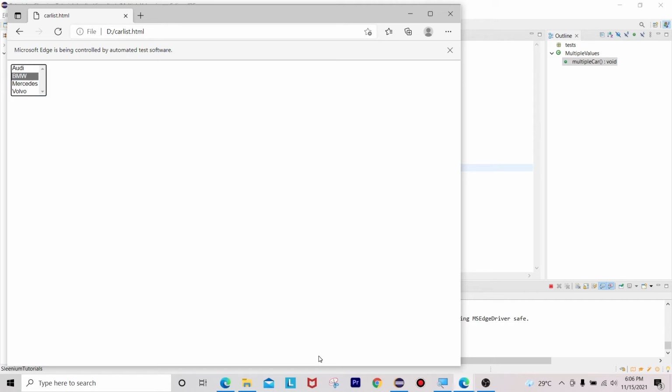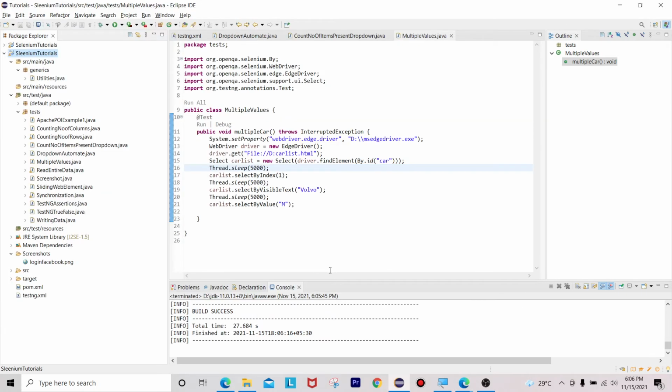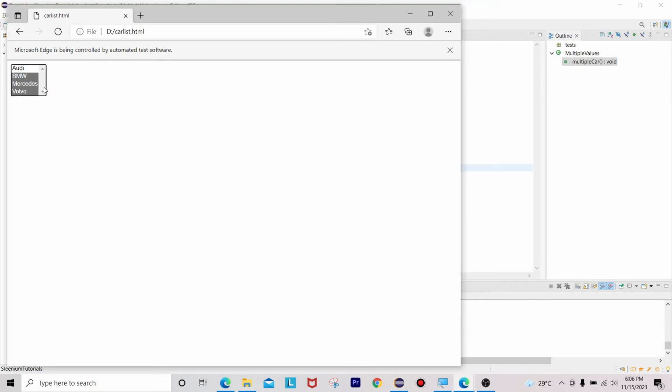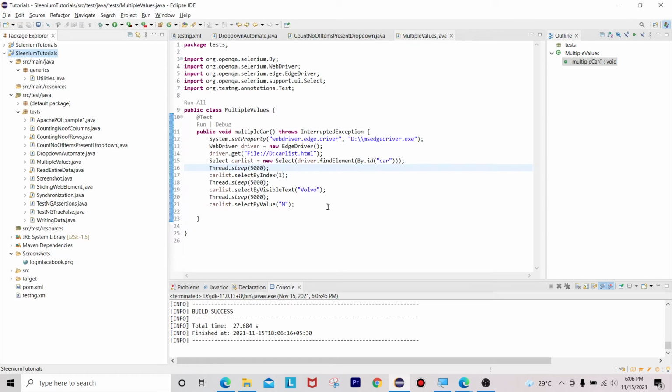First it is selecting BMW, next it is selecting Volvo, next it is selecting Mercedes. All are passed now. First it is selecting BMW, Volvo and Mercedes. Okay, this is how we can select multiple options from a particular drop down list web element.